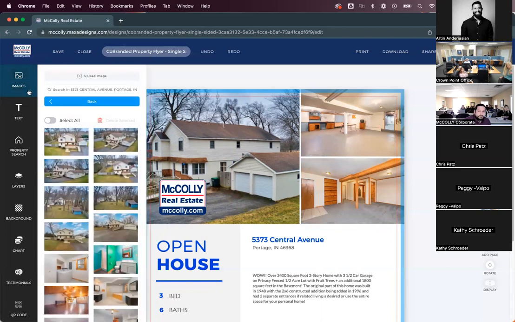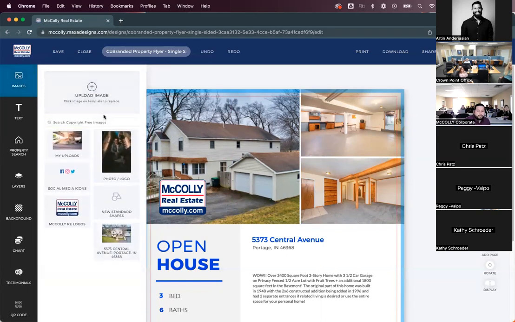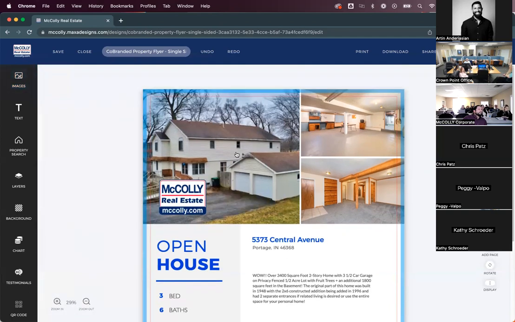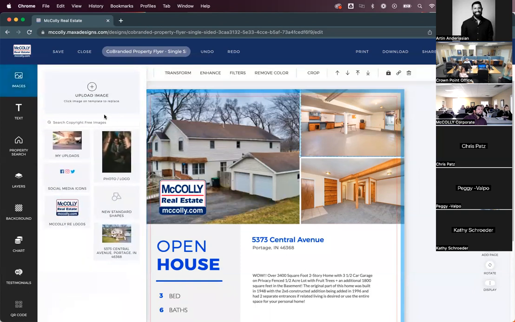Going back to the image library. So again, upload image, uploading something from your computer. This second option here is our stock image library. It's made up of over 1 million high resolution copyright-free images. So again, for a property flyer, not really relevant because you need the exact photos from the property, but just to show you what it looks like, I'm just going to type in a keyword